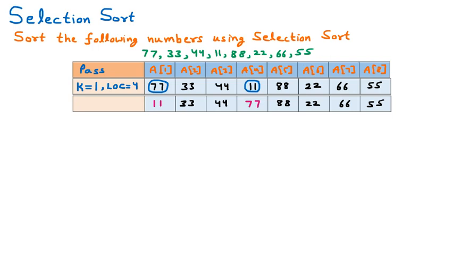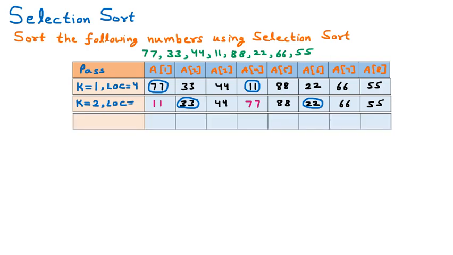Now we are going to perform the same operation. Here the value of k is incremented; now the value of k is 2. K equal to 2 means we are going to select location 2 here, which is 33, and then LOC. LOC will be the location of the element having the minimum value in the remaining list. So now we are going to scan the remaining list from here. In the remaining list we find the minimum element, and we can see that 22 is the minimum element present here. Now we are going to insert the next row here.